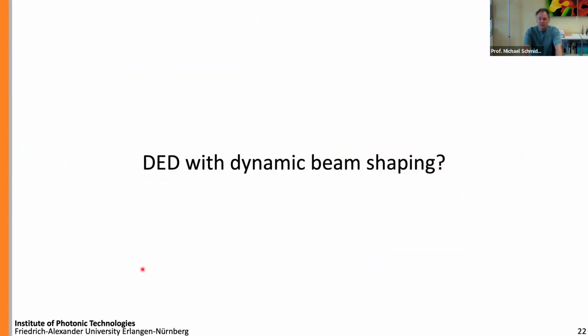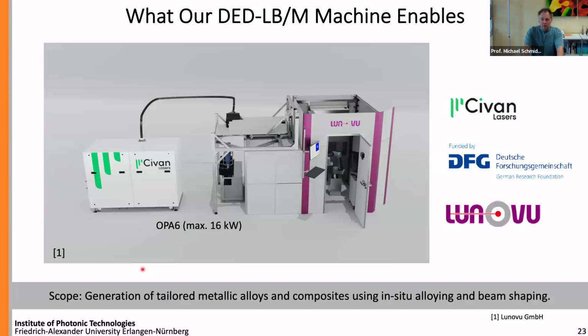But now I said dynamic beam shaping and DED. So some of you might think, okay, when I'm doing DED, well, I have many layers and heat involved and everything, so I don't have a keyhole, or at least I don't want to have one most of the time. So how should that go together? And I want to give you a few examples that we just started to test and where we did some experiments. First, of course, we used this system with the laser and a machine that was built for us